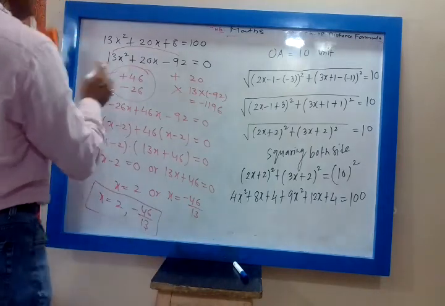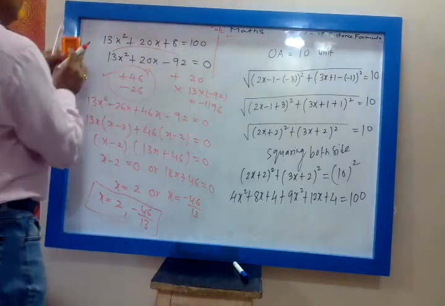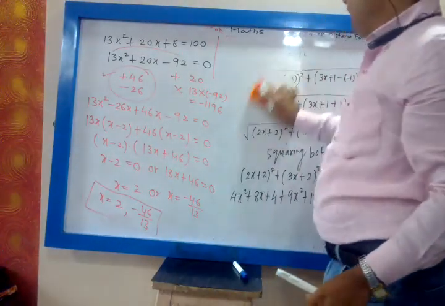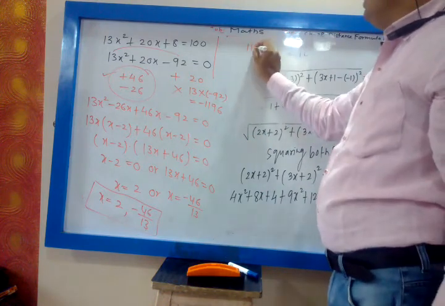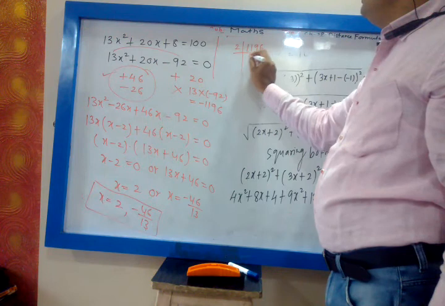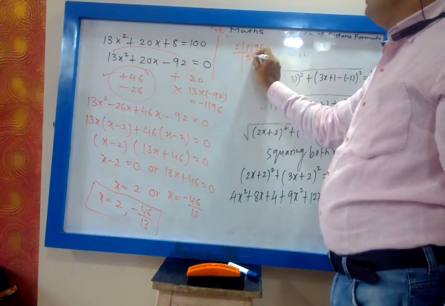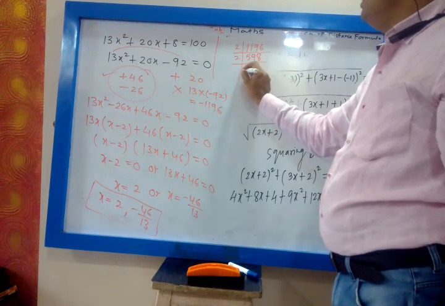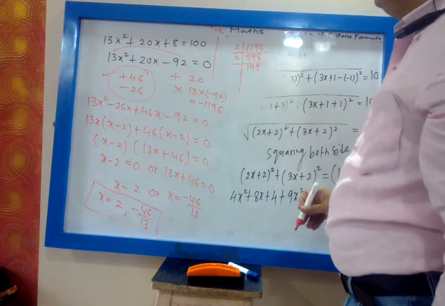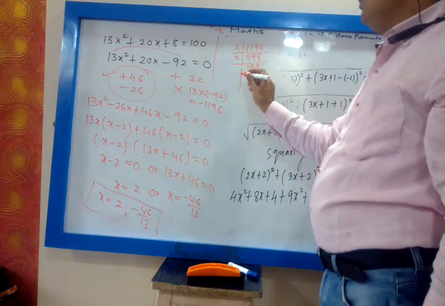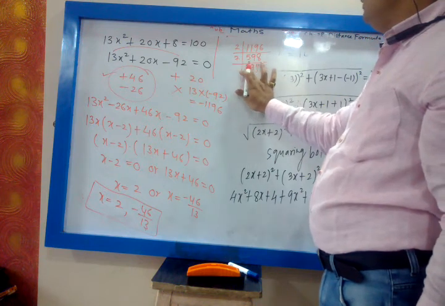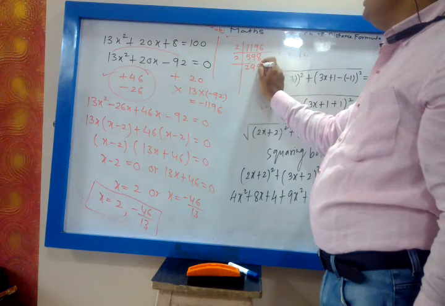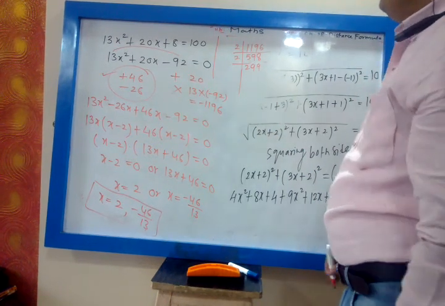Yes, that is what I am telling, my dear. 1196, let me explain this part. 1196 you factorize. 2 5s are 10, 2 9s are 18, 2 8s are 16, again 2 1s are 2, 2 9s are 18. Now 2 2s are 4, 2 9s are 18. Now which number will come?